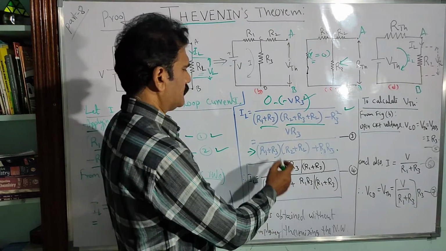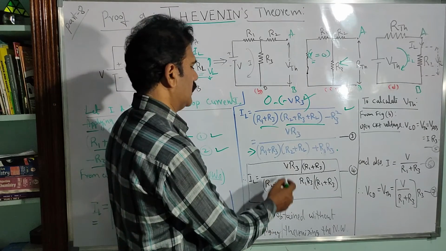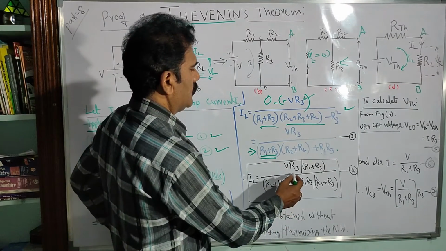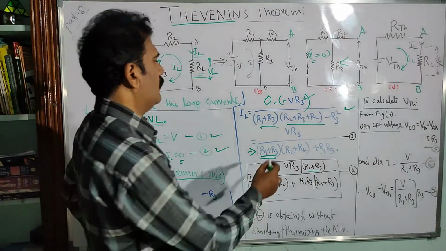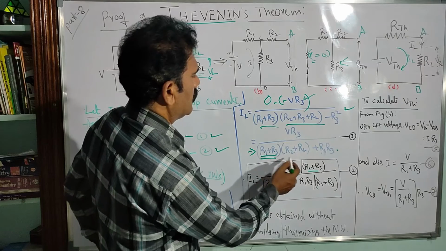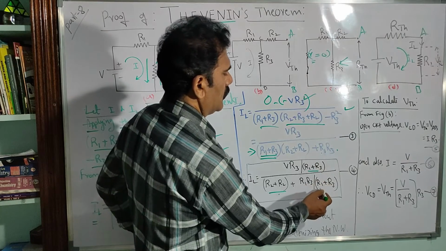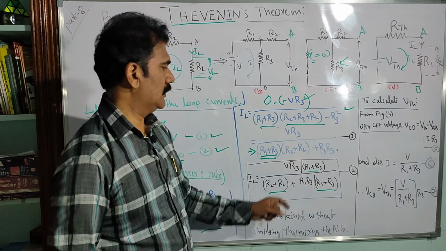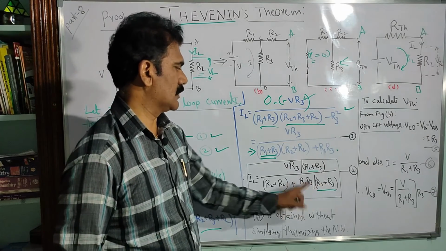Now, we have R1 plus R3 in the denominator, so you have to eliminate that. How do you eliminate it? By dividing the numerator and denominator by R1 plus R3. Look here: V into R3 is there already, divided by R1 plus R3. If you divide by R1 plus R3 in the denominator, this part cancels, left with R2 plus RL plus R1 R3 divided by R1 plus R3. For both the terms I have to divide by R1 plus R3. So in the numerator also we have divided by R1 plus R3, in the denominator also divided by R1 plus R3, and we get this equation 4.